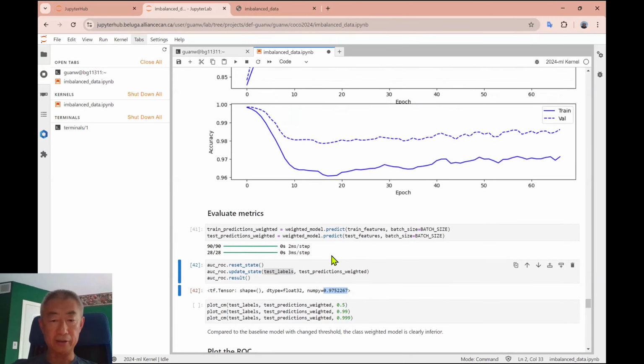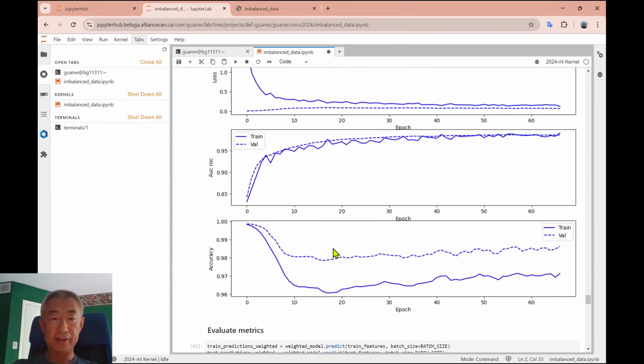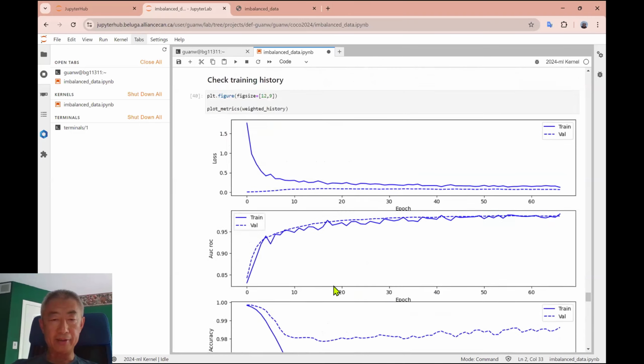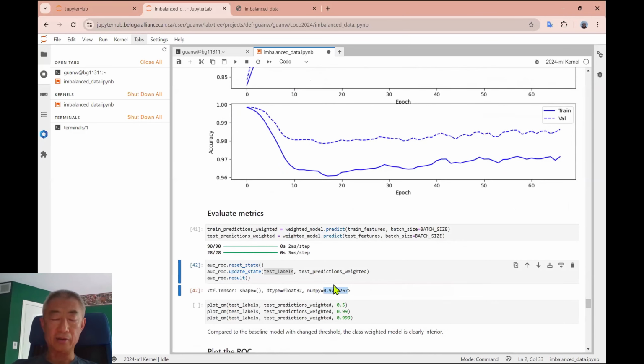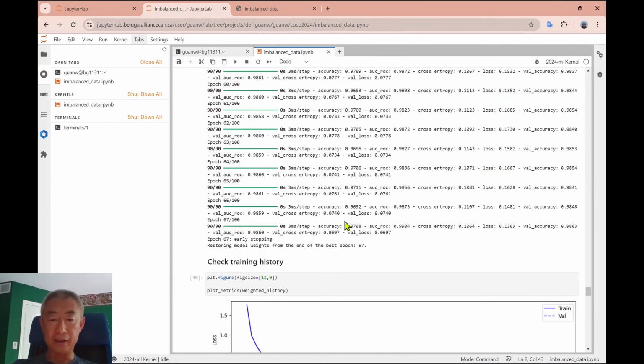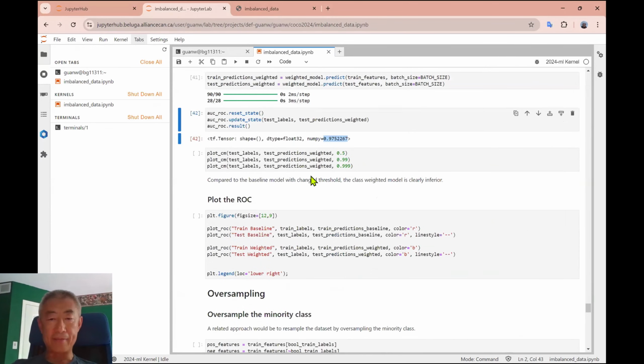97, not 98. So slightly smaller than the one we have here, but it makes sense because when you're training, you monitor and choose the best result on the validation set. But here, maybe the optimal result for the test data is somewhere not at epoch 57, maybe it's at 37 or maybe 67, who knows. So that's explainable, but very close.